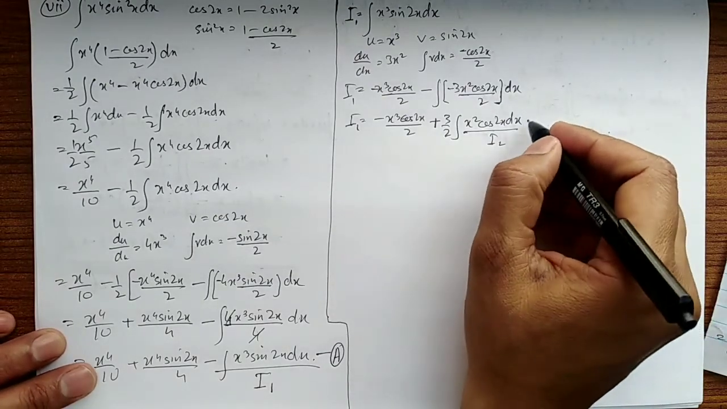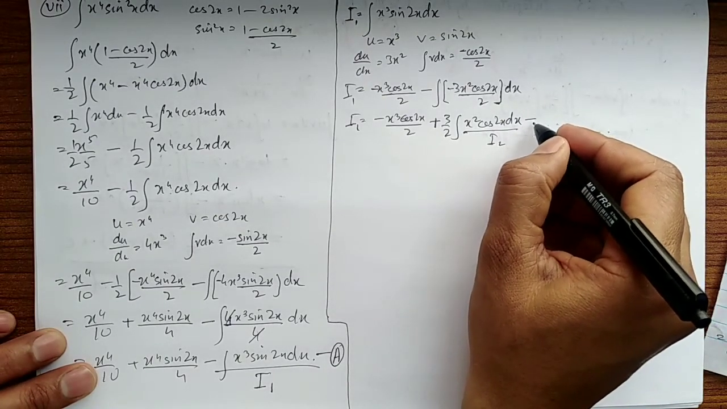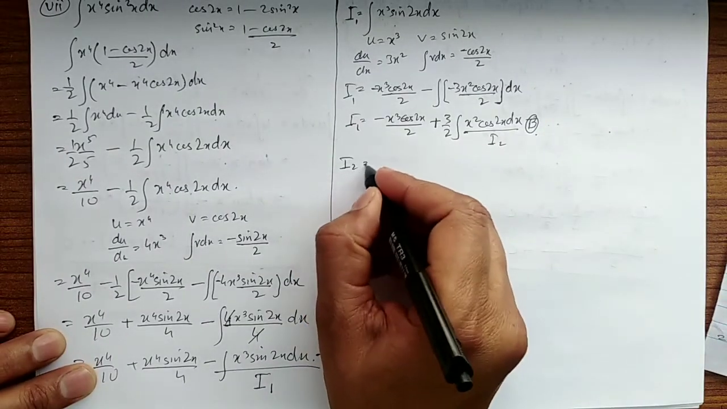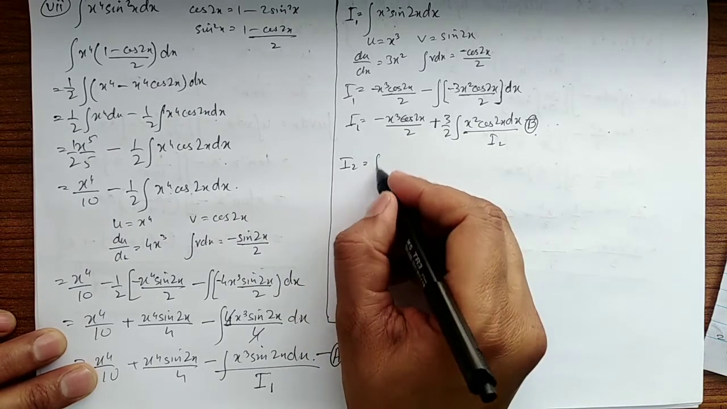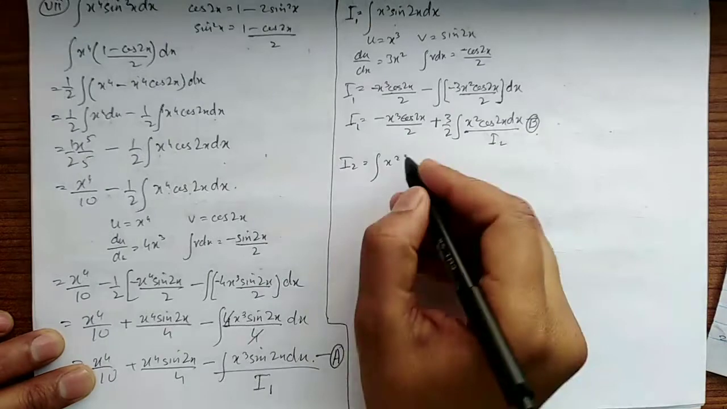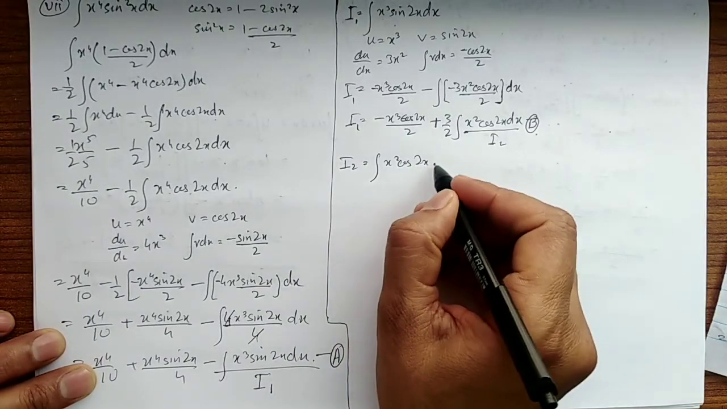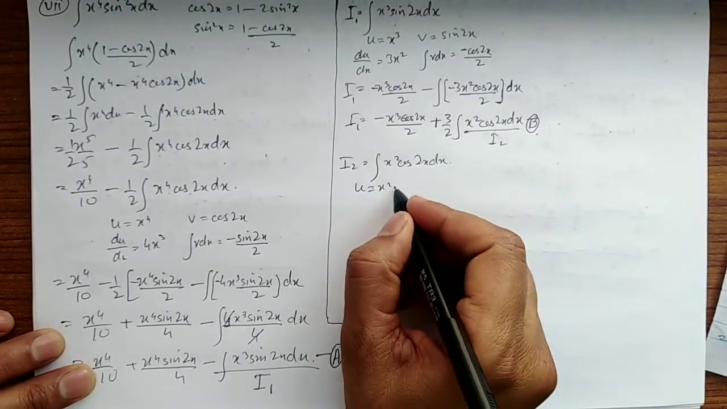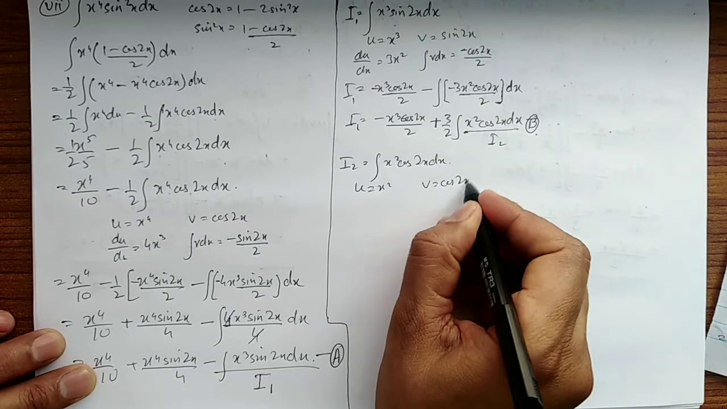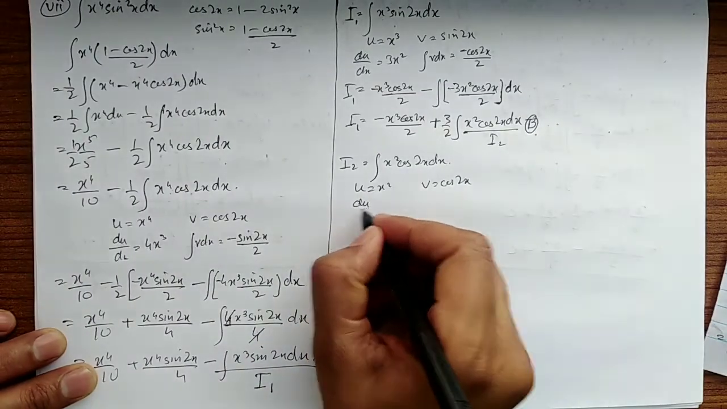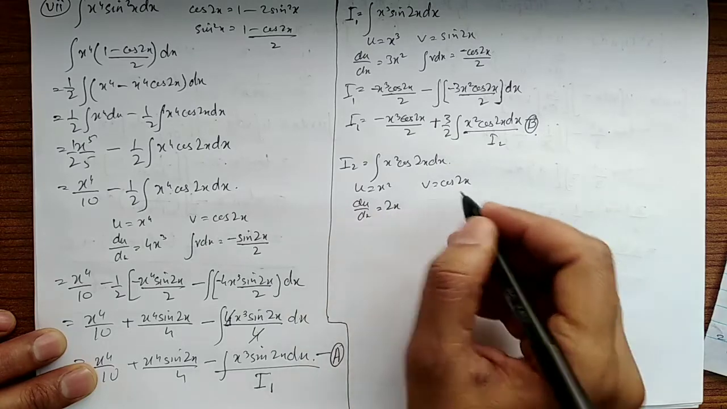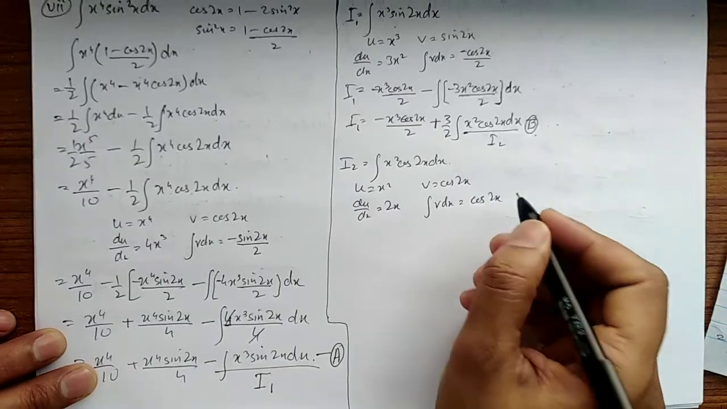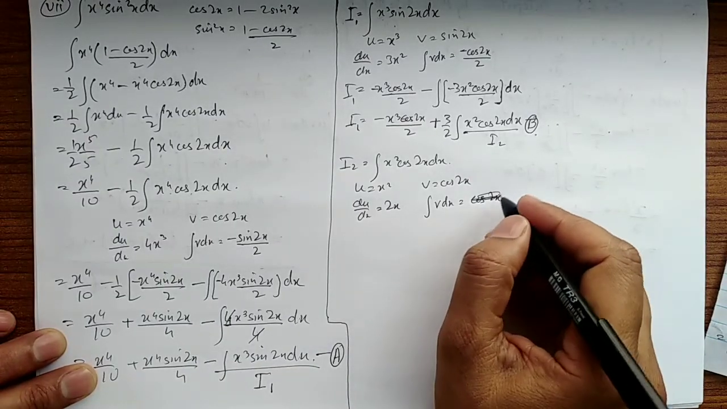Now take this as I2, right? So name this equation as equation number B, and now taking this I2 to solve I2, which is x square cos of 2x dx, taking u is equal to x square and v is equal to cos of 2x, derivative of which is 2x, and integral of which is cos of 2x, that gives us